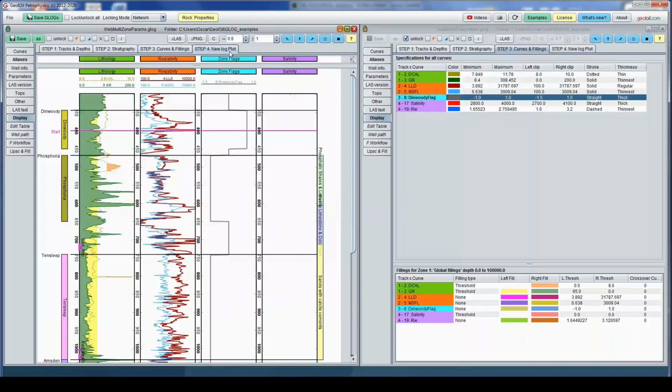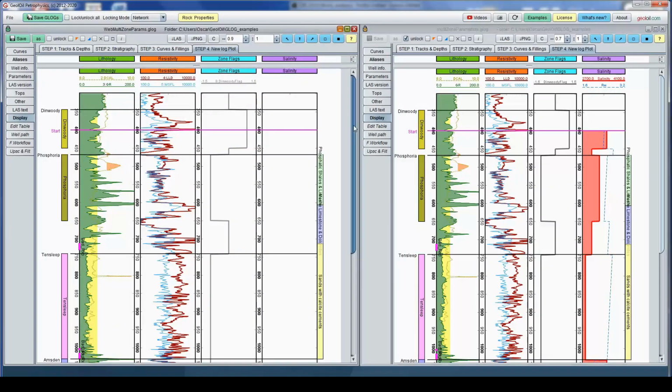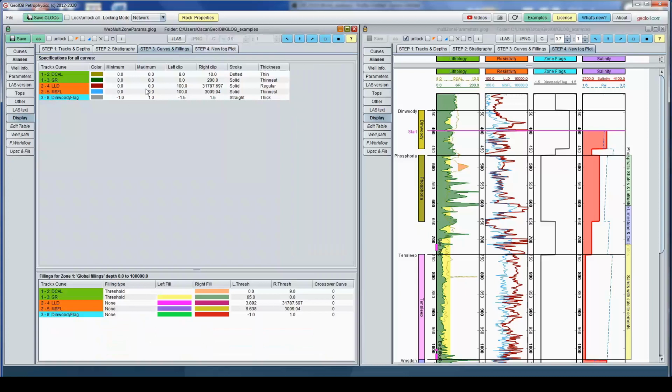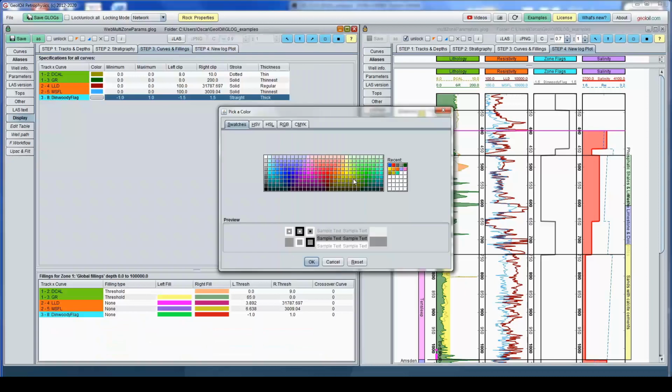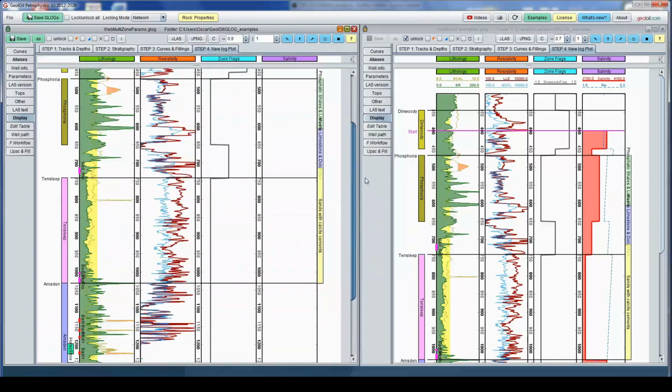Good. Let's make the display. That's the same. Choose a darker color. Something like that. Darker. That one, for instance.